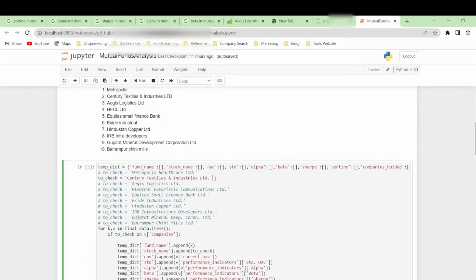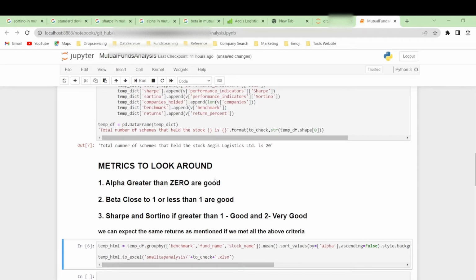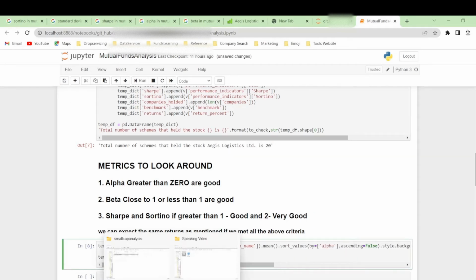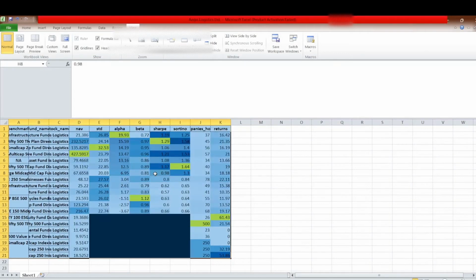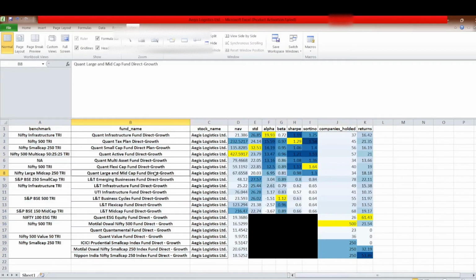So as I did before, I'm just rerunning for Aegis Logistics. It has been held by 20 schemes from our analysis, and I have generated the Excel sheet for the same. I'll just take a look around. As you can see, it has been held by 20 schemes, and the alpha is 19 for Quant